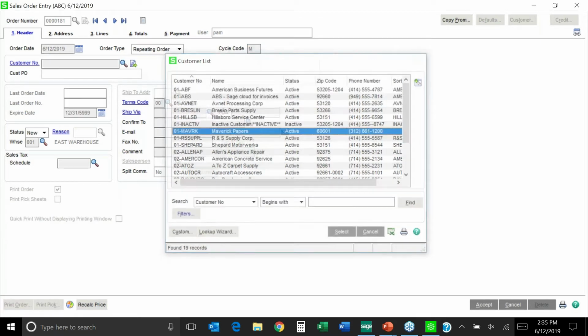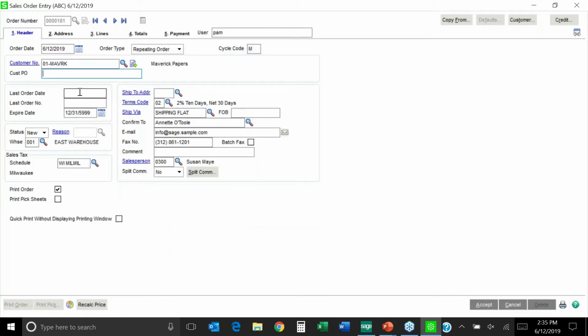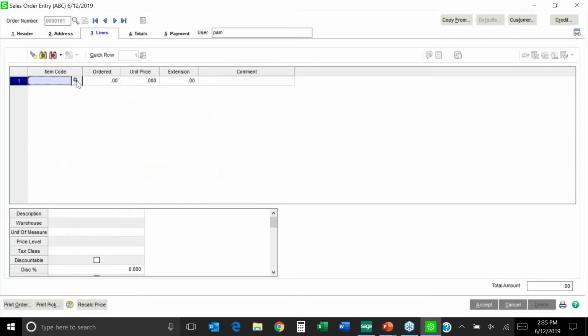You can select the customer. The last order date and the last order number are automatically tracked so that you can take a look to see what history of standard orders have been issued against this repeating order. You can also give this repeating order an expiration date if you choose to. You're going to go to your Lines tab,